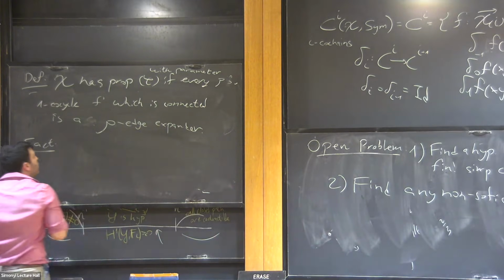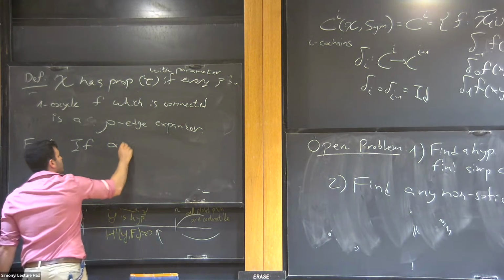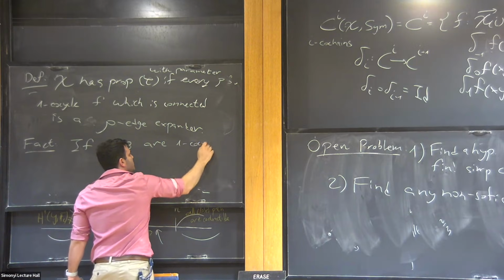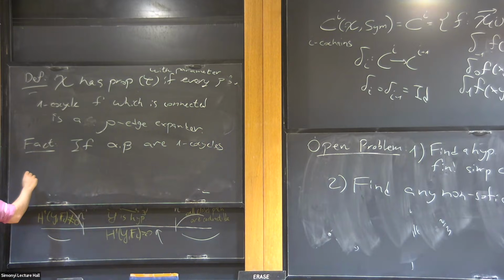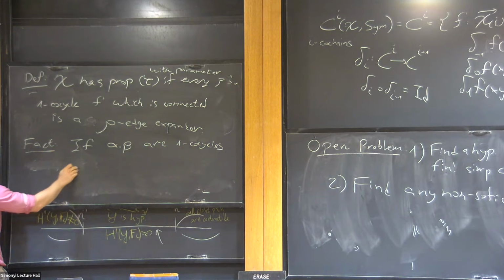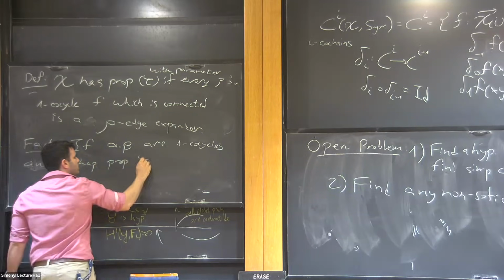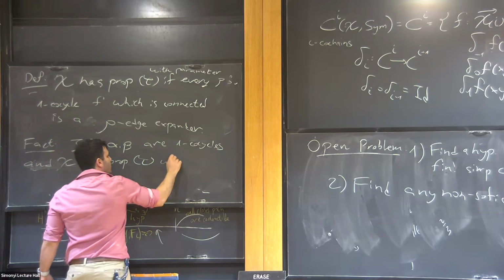So the fact says the following. If alpha and beta are one cocycles, and X has property tau with parameter rho,